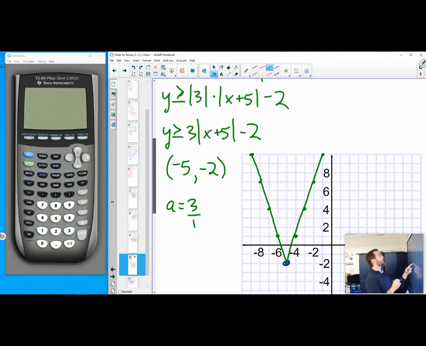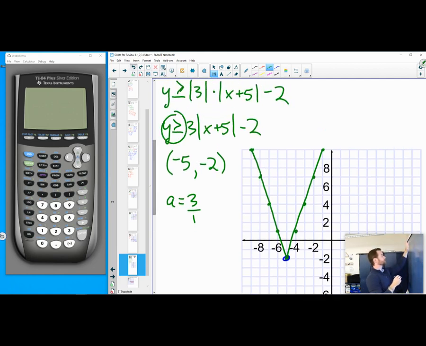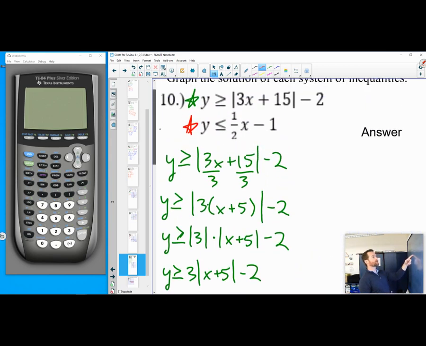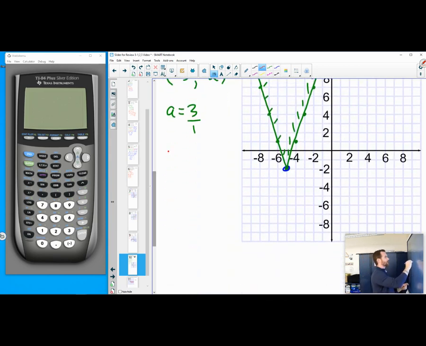And shading, its y is greater than, right there, so we shade above. So we're shading above our v. Let's do the red. So the red, I'm actually going to have to rewrite this. So its y is less than or equal to 1/2 x